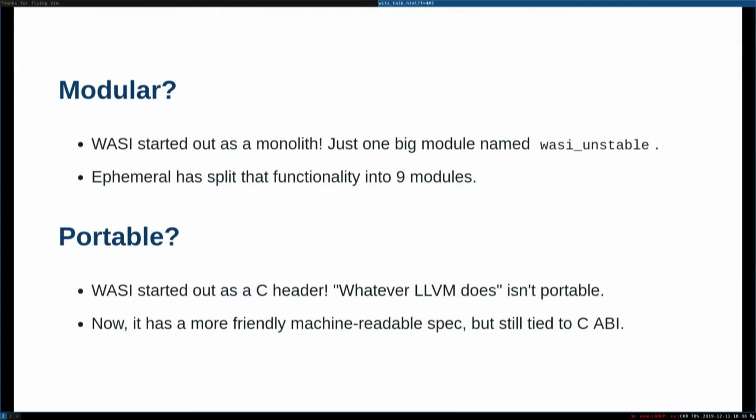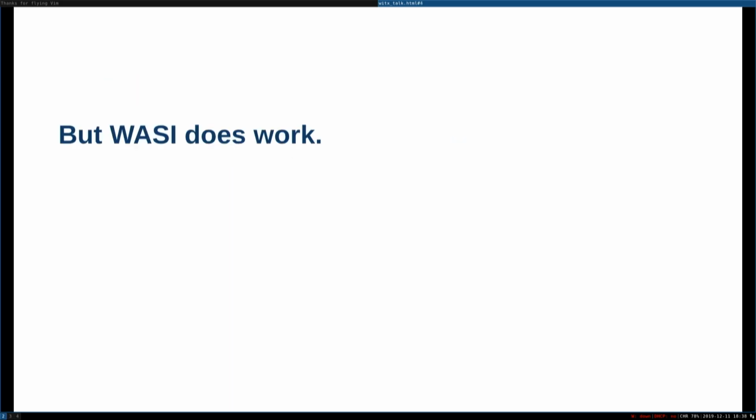The actual binary compatibility, like the calling convention, how you represent arguments, is still tied to the way the C language does things. We have a plan for that. It's not going to be like that forever. And the plan is called interface types. And that is also not this talk. There are a lot of people in this room who are more qualified to speak about that than I am.